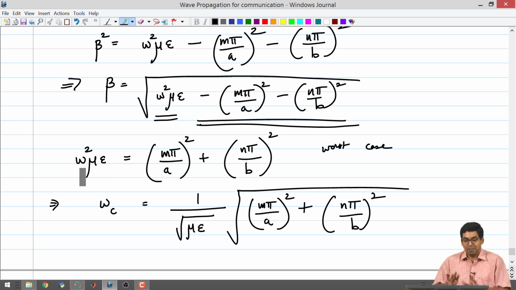Eigenvalues will tell you about m comma n and omega square mu epsilon, and eigenvectors will give you the Ez. Okay. And it is not a very complicated program or anything, but it is covered in a higher level follow up course on computational electromagnetics or in waveguides. So, you should be in a position to grasp that when that material comes in your course, that is the only thing. So, there are a lot of commonalities, and there are some differences also. These differences, there are a tiny number of them, we will go over them in the next class.